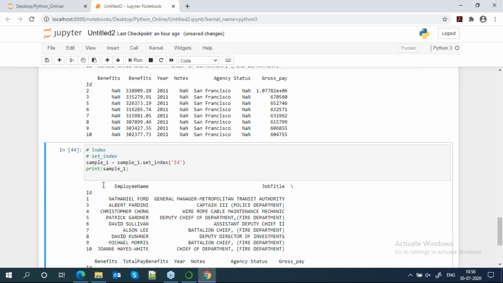Now you can see that from this column, ID is my index. This is a single level index, not a multi-level index. But if you want to create two layers of index, multi-level, you can pass ID then employee name. You can also use that.